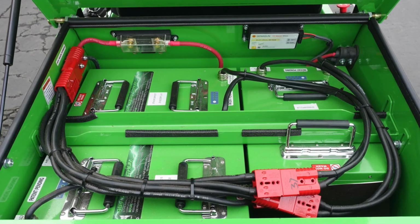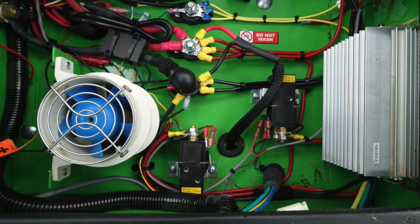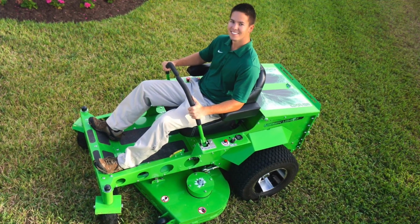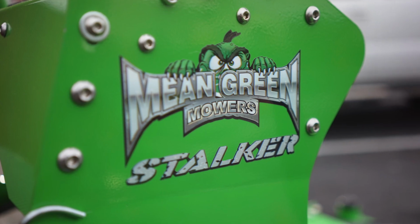Within a year or two, we discovered lithium batteries, and that was a big turning point for us. We went from being able to mow for 2 hours with a 700-pound battery pack to a lithium pack that we can now mow 7 hours with a 300-pound pack. So everything changed, back in 2011 or so, and we started building more and more of the mowers, and we